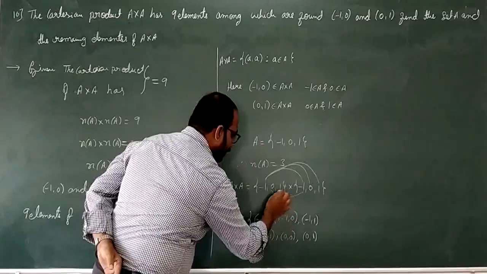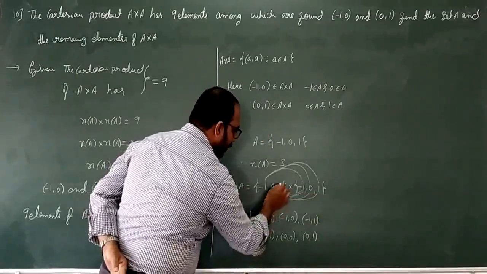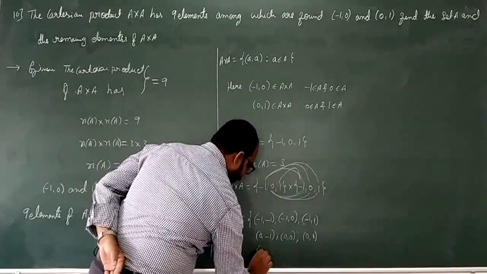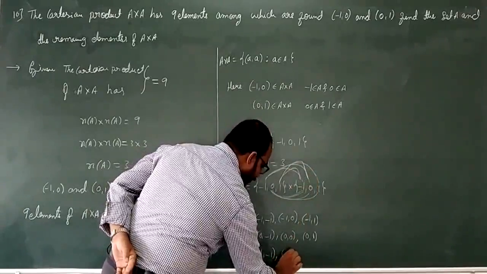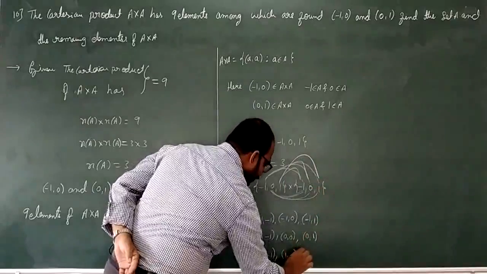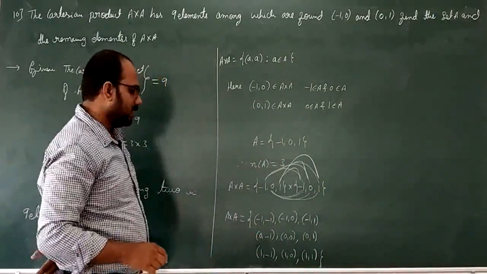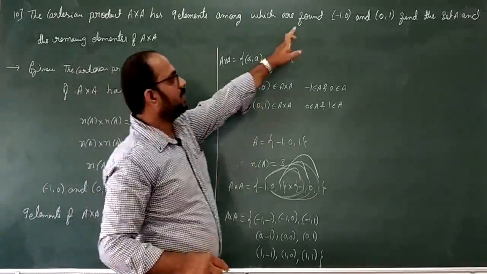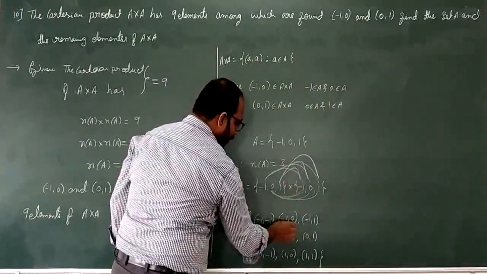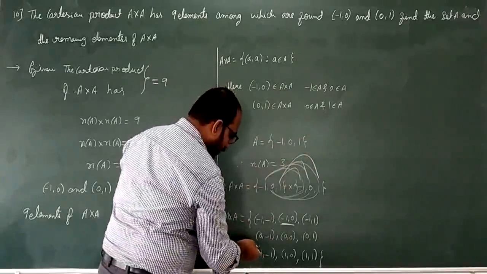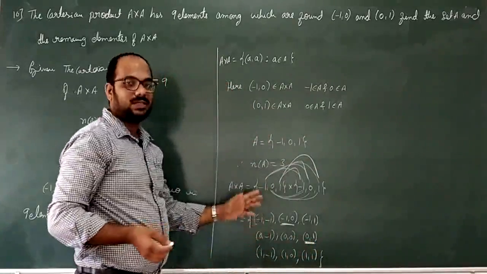Next, (1, -1), (1, 0), (1, 1). There are 9 elements. In that, it is giving (-1, 0) and (0, 1). These two elements are given. The remaining 7 elements are